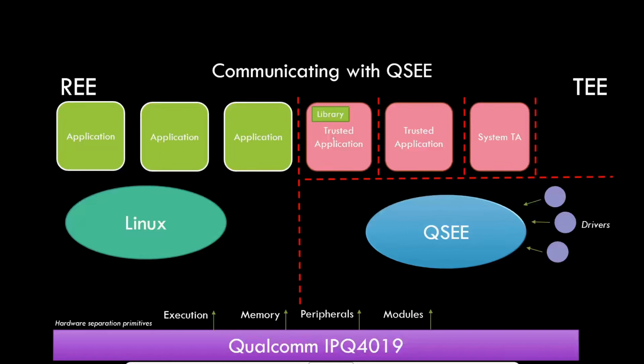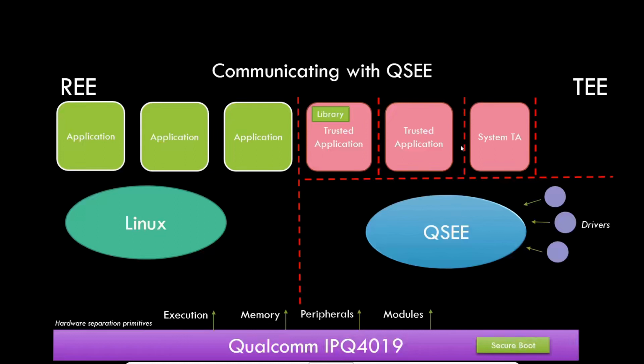Then there is another separation which must be between the different TAs. This is typically available for a typical TE today, in order to make sure that a trusted application cannot compromise another one. And the other boundary, which would allow an escalation of privilege, also needs to be carefully enforced, which is between QSEE and the trusted application.